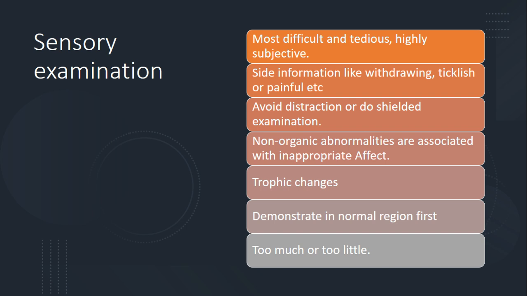I also look for the trophic changes in these patients, especially a foot ulcer, some wound, or some other calluses. That would be helpful in knowing the extent of the sensory damage, because if the patient didn't feel the ulcer or the pain because of that, that means there is sensory abnormality in the feet or that part of the body. As a matter of fact, you can assess these patients in many different ways, but I tend to examine the normal part first, so they have the feeling of how it is going to feel. And then I assess the abnormal region of the body, which is the main area of concern for our examination.